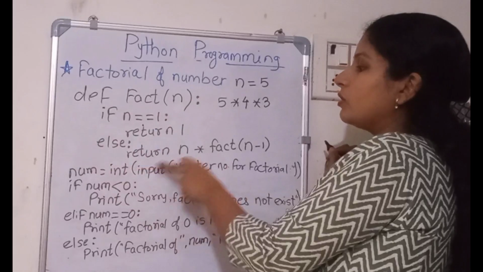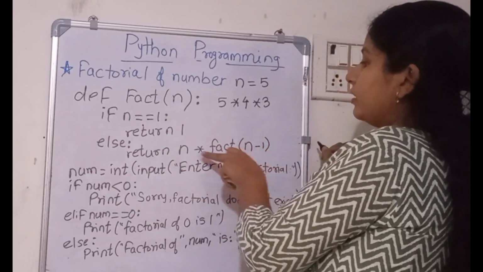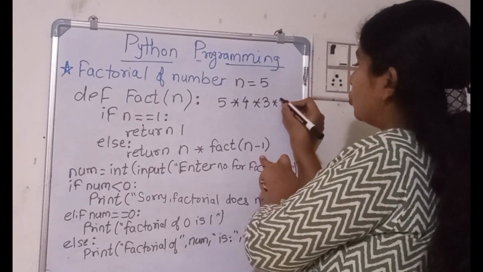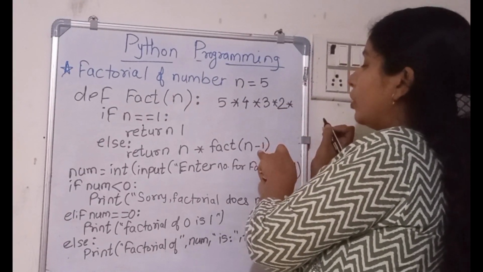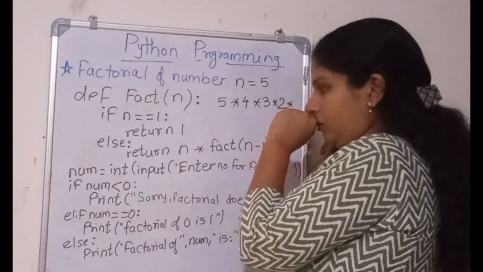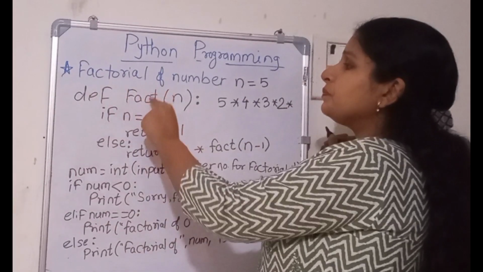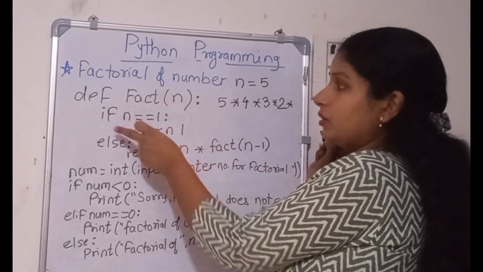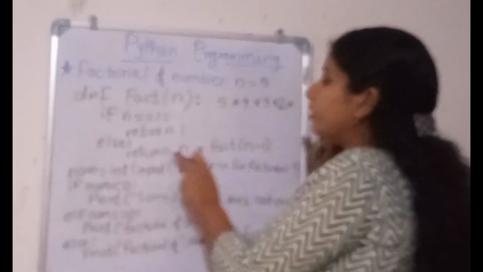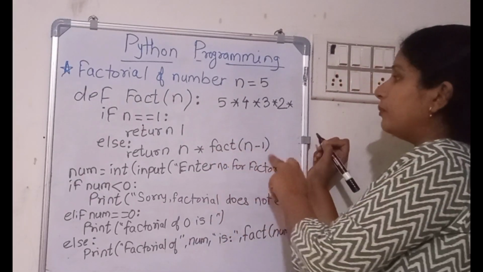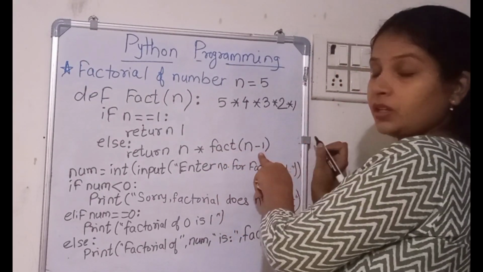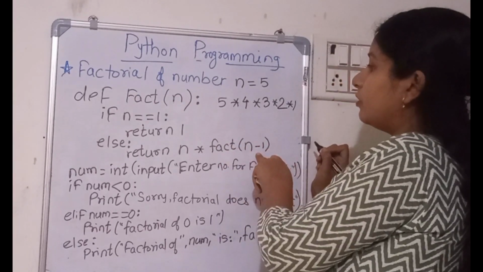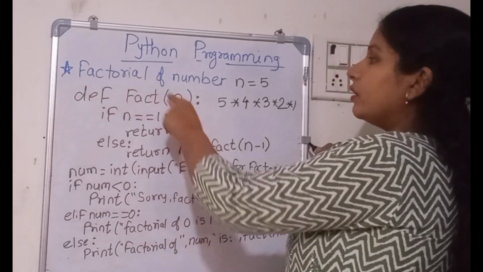Go here, 3. This condition is false, then go here. Again 3 into n minus 1, 3 minus 1, 2. Okay, you are calling the function for 2 again. Then here, 2, function of 2 factorial. This condition is false. Go here, 2 is already there. Then n minus 1, 1. Now you are going to call the function fact again with the value 1. Go here and then